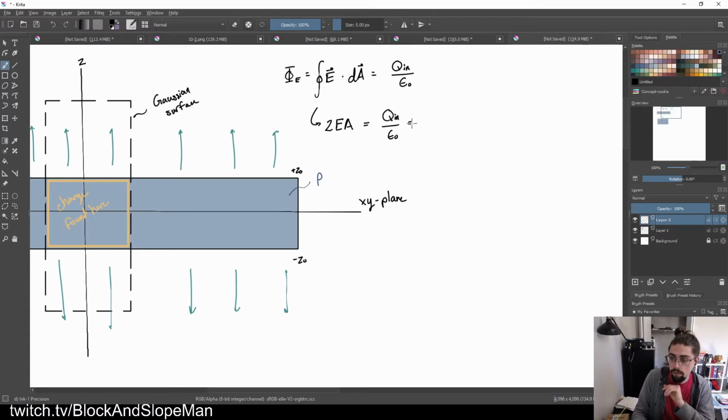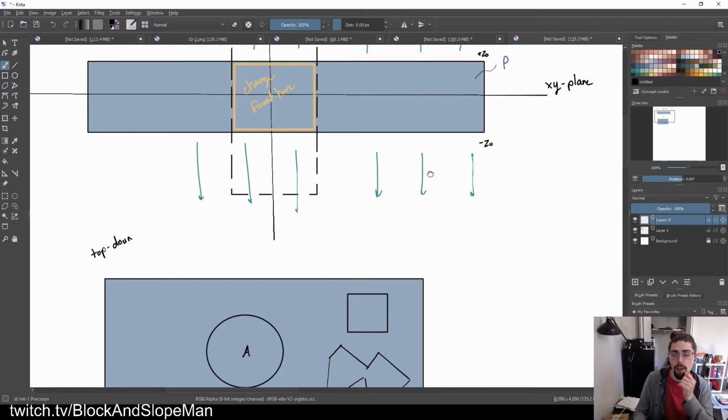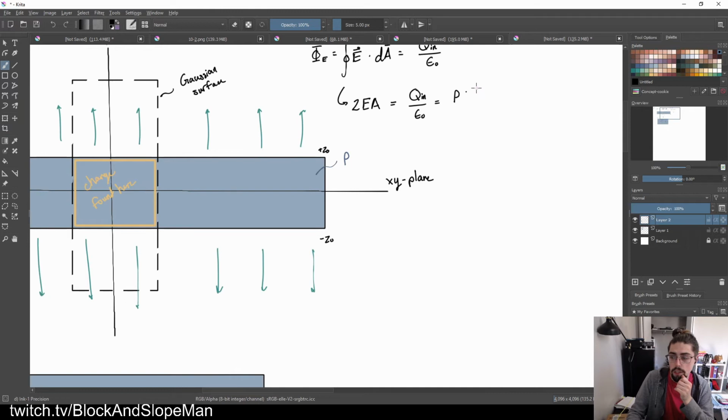Q inside is going to be my charge density times the volume that actually has charge. And what I've got here is essentially a tiny little cylinder. How do I find the volume of a cylinder? It's the area of the circle on top times the height. So this is going to be the volume, A times Z naught,